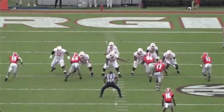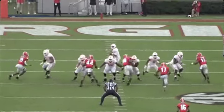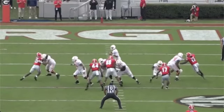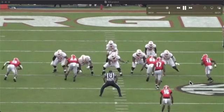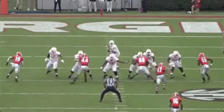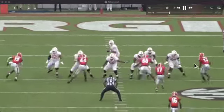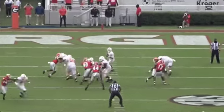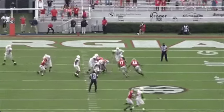So you'll see this here a little bit, only I think this is more of an adjustment by Ojulari. I don't think he meant to do this. I think right here, that little slap that you see from the tackle alters a little bit of Ojulari. It's a little bit of a miss, but then he realizes because the tackle committed his hips a little bit too early here, he could win up that pass rushing arc with just bend. And you can see he doesn't even really need to initiate contact with that inside arm. And the violent chop that he uses with the outside arm just totally sinks the tackle. And then from there, he just bends through the contact, gets really, really low, winning with leverage, forces the fumble,